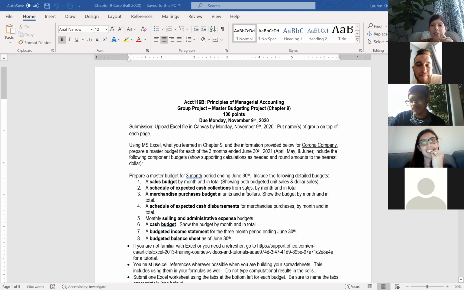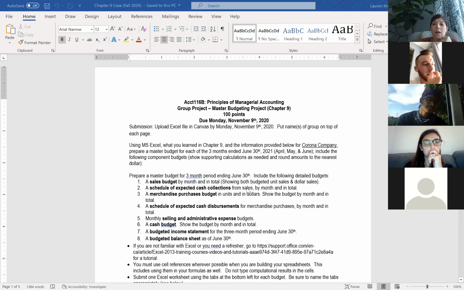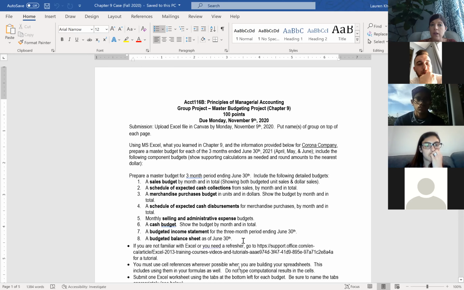You're preparing a budget for the 3 months ended June 30th, 2021. So same 3 months. I tried to make it a little bit easy on you for that. All of the budgets are the same, what we just prepared. So all the sheets are going to be the same. And you're going to be required to use the formulas. So some of the formulas will change, some of the cell references are going to change. But the first thing that you should do is read through this